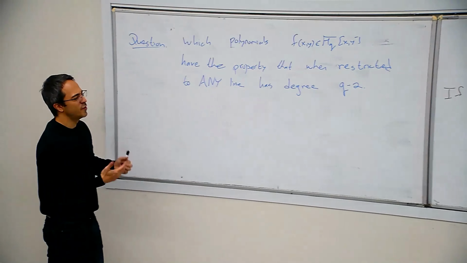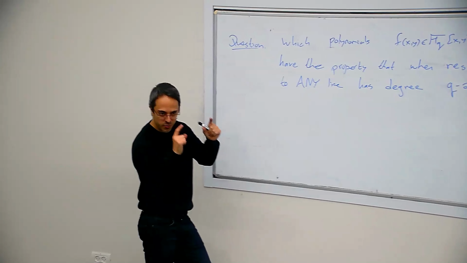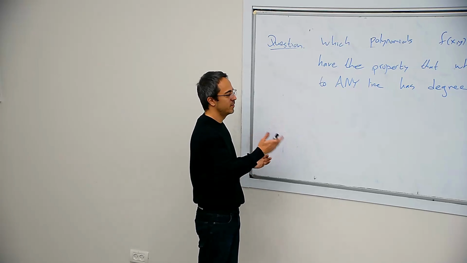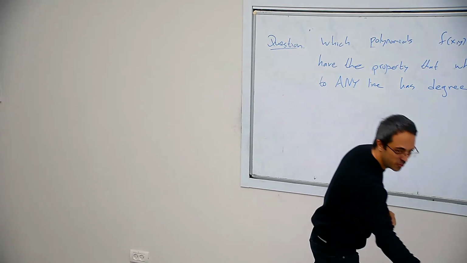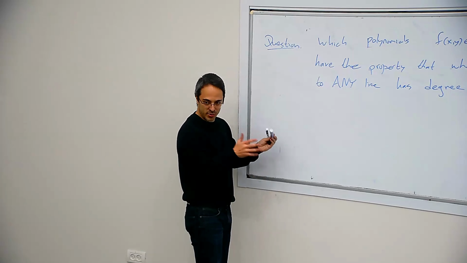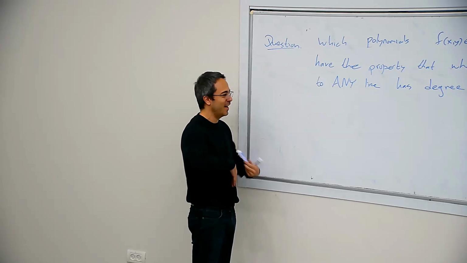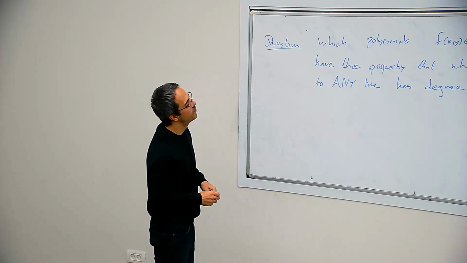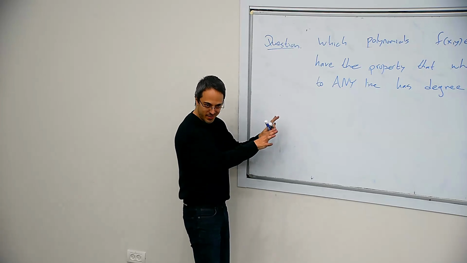But that's roughly half. You know, the 1/2, but choose 2. That's roughly half of the functions, right? Because it's like Q minus 2 plus 2 choose 2, something like that. And I think it's exactly that. So that's half of the functions. I claim that most of the other half also have this property. Okay, so the question is clear.